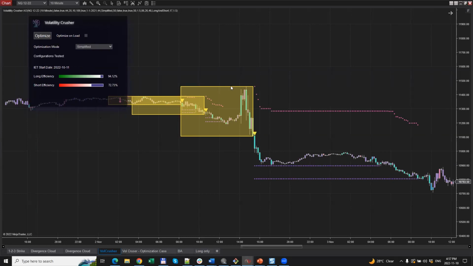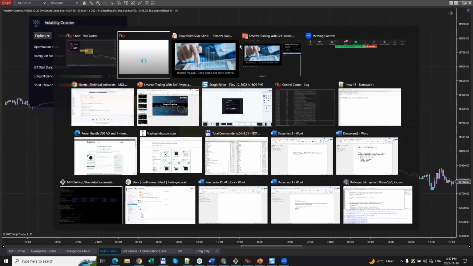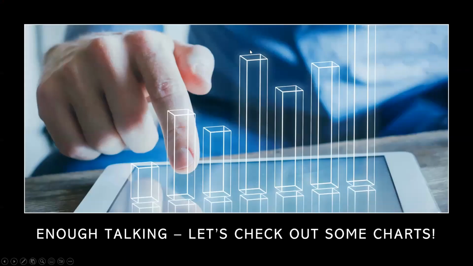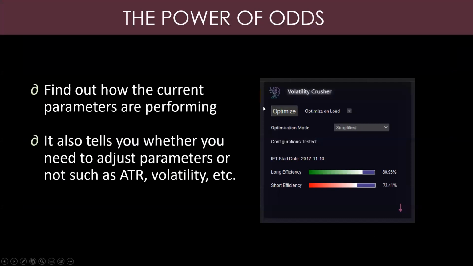Now, let me quickly go back to the charts, because there's something else I need to share with you. So first of all, hopefully you saw, or I was able to showcase to you, that with these statistics it is very easy to make an informed trading decision. You would only trade when the odds are in your favor, and if not, you would not trade. But the statistics on the chart are also very useful for finding the best parameters to use for a particular indicator.